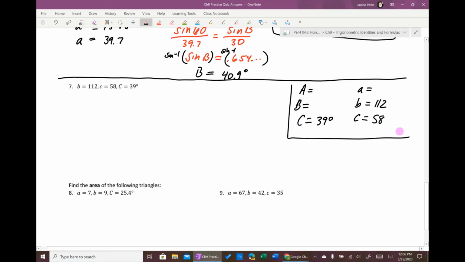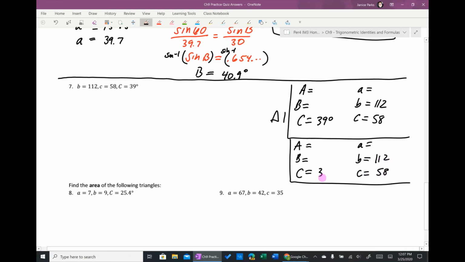So we are going to have to check for a second triangle because we have an angle that's acute, and we have an angle across from a side, which means we're going to be using law of sines. All right, so for the first triangle, we're going to use sine of 39 over 58 is equal to sine of B over 112. When you cross multiply here, you're multiplying these two together and dividing by 58,